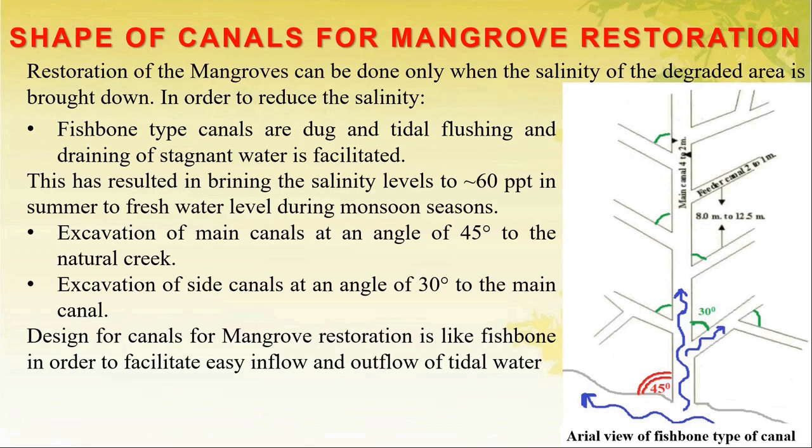In order to reduce the salinity, fishbone type canals are dug and tide flushing and draining of stagnant water is facilitated. This has resulted in bringing the salinity levels to nearly 60 ppt in summer and to freshwater level during the monsoon season. Excavation of the main canal at an angle of 45 degrees